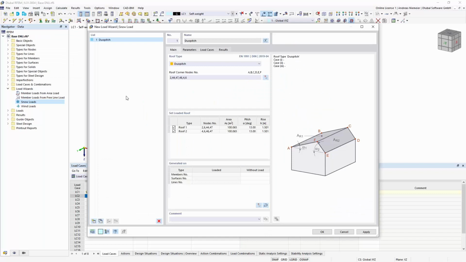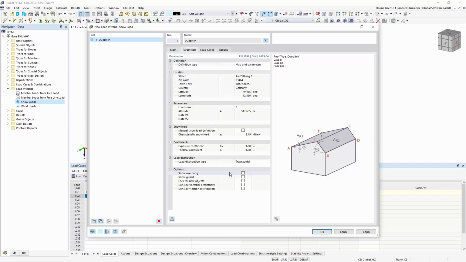Then the program realizes we have a dual pitched roof with roof 1 and 2 with this inclination, and defines the parameters. And here maybe you see the interaction of the definition with the Google Maps application.